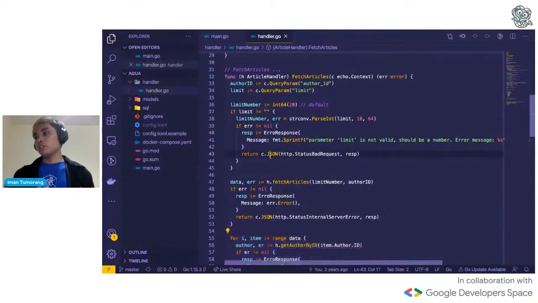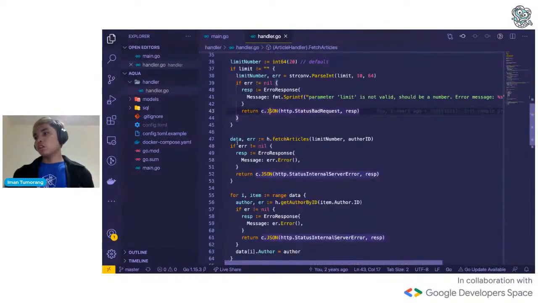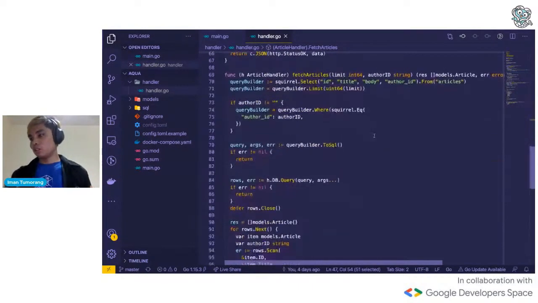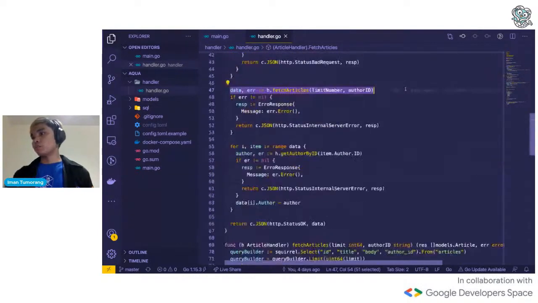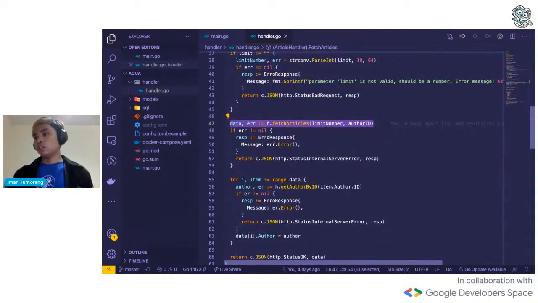So here, if you guys see, this function is fetching the articles from the database. Assume this one is selecting the title, body, and author from the articles table, and it returns an array.